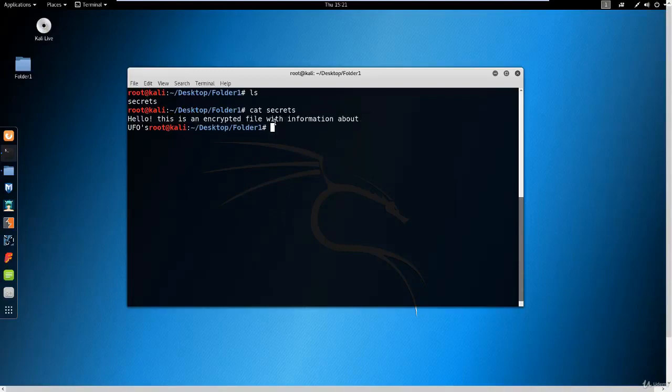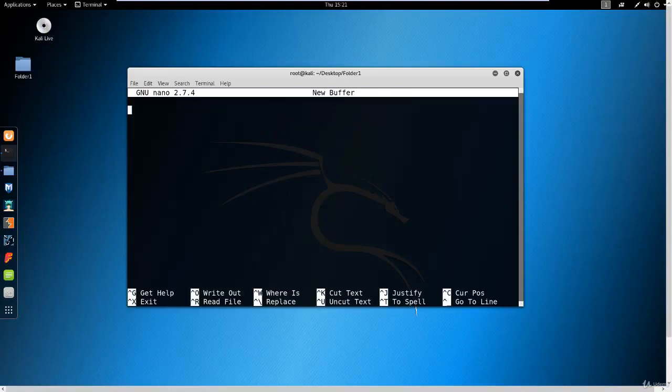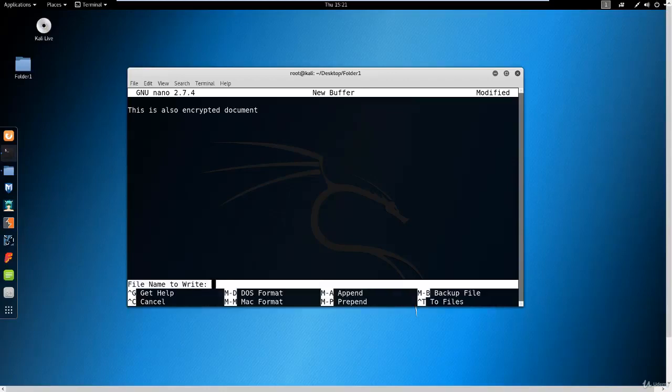As I said, you have other editors like Nano, which you can open up and type whatever you want. Let's say this is also my typing today, an encrypted document. To save it out, to basically output the file, we use O, and